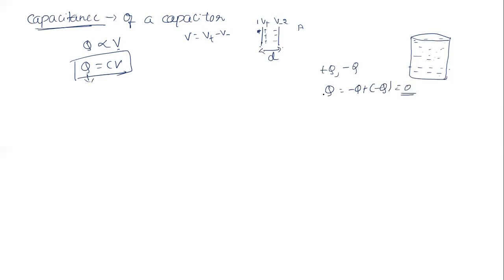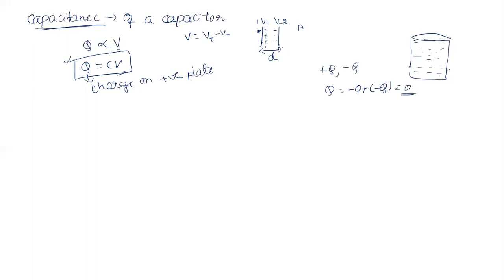Of course, that is true if they ask you the net charge on a capacitor. But whenever we are working with this relation, we take the charge on either plate, especially the positive plate. So whenever we say charge, it's nothing but the charge only on the positive plate of a capacitor that we consider, not the total charge. The total charge of the capacitor must be 0. That you need to remember. Here A means area, V means potential difference between the plates.